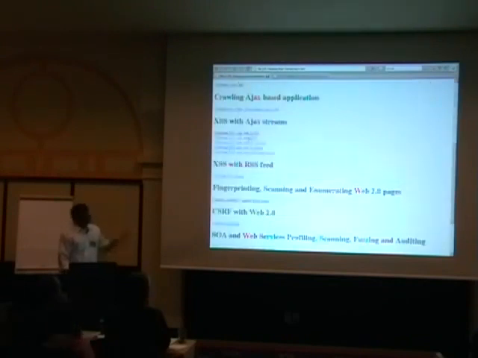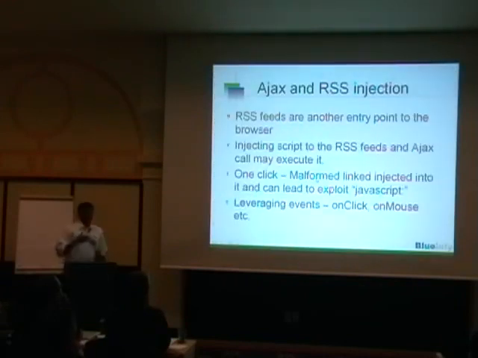Similarly, you can have an XSS stream coming through XML, JS object, JS array, or JavaScript. Another interesting thing where a lot of vulnerable sites have been discovered is the RSS feed. Now people are using a lot of different RSS feeds, and there are a lot of online RSS readers as well. So RSS feeds are another entry point to the browser. Injecting script into RSS feeds and Ajax calls may get executed. Sometimes these are one-click XSS,